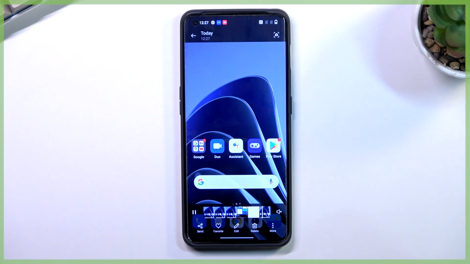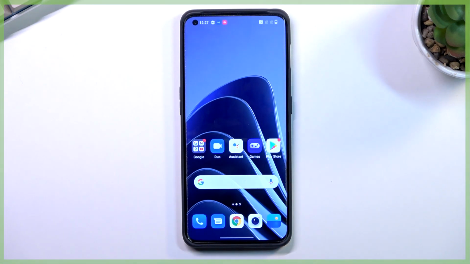So there we go. That is how you could record your screen on this phone,